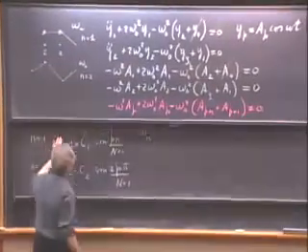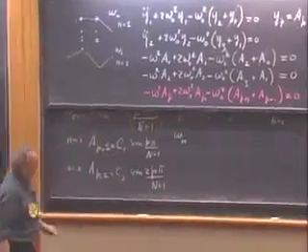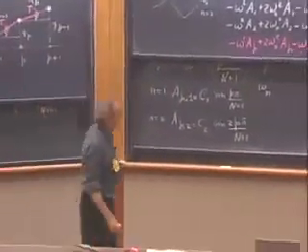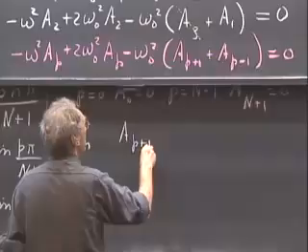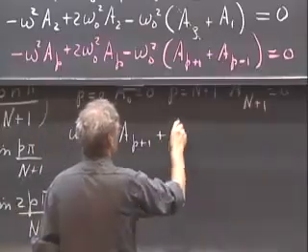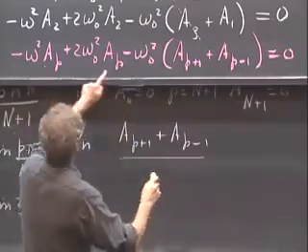And I'm going to write it now slightly differently. I'm going to take the a's to one side. So I'm going to write down here a p plus 1 plus a p minus 1 and divide that by ap,